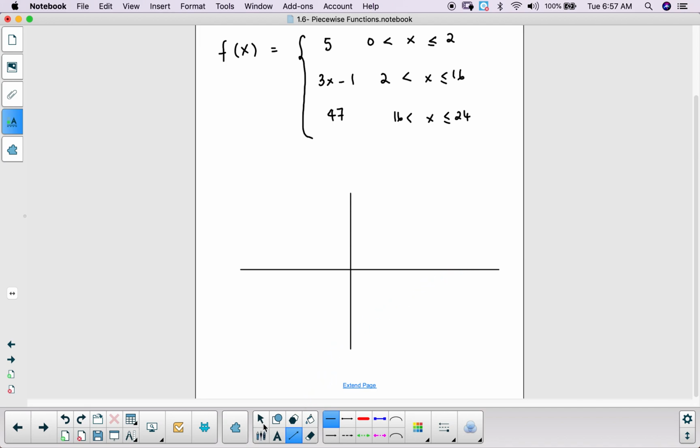So from x equals 0, this is 5, so it doesn't include 0. We have a straight line up to 2, and then from 2 to 16